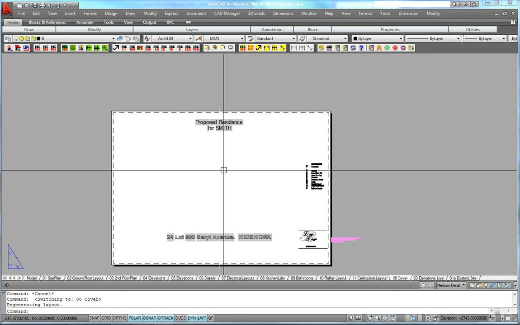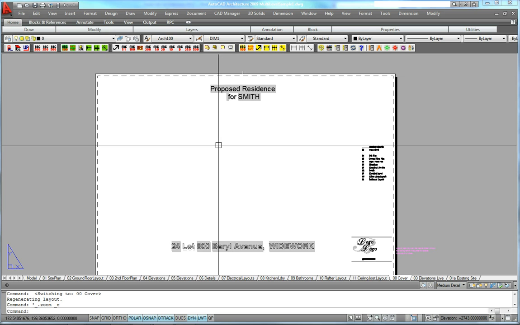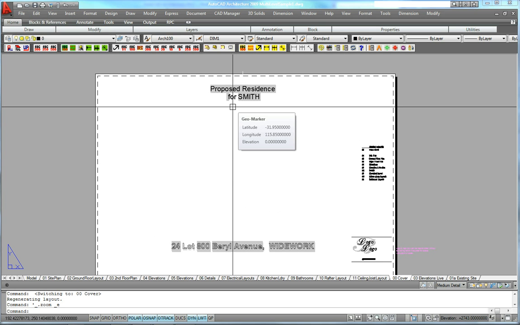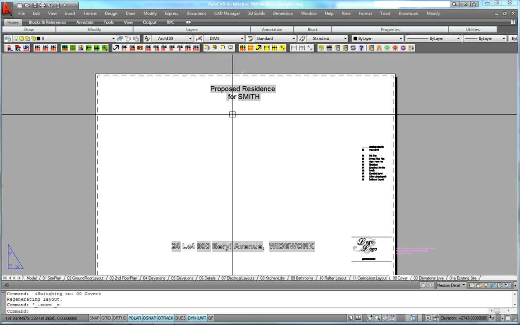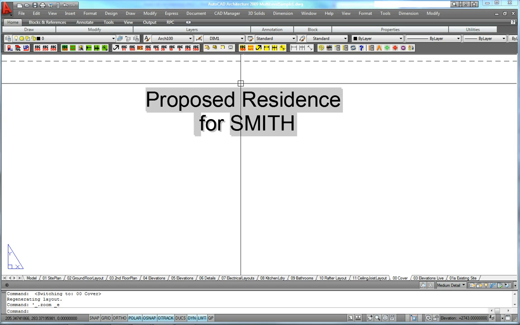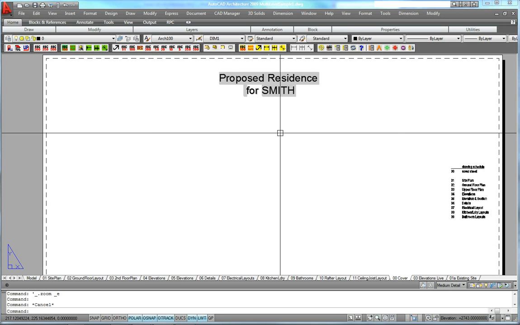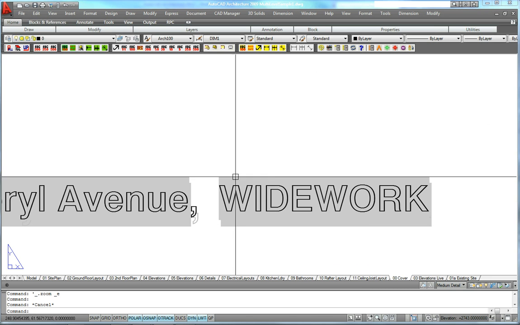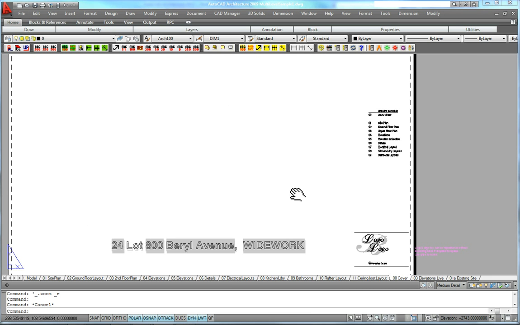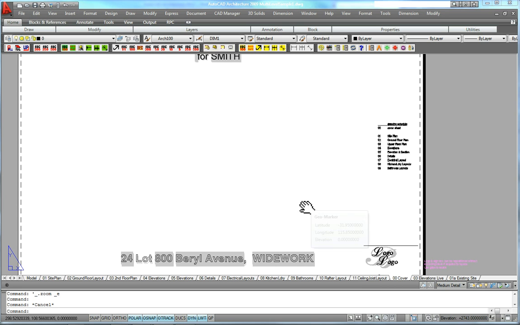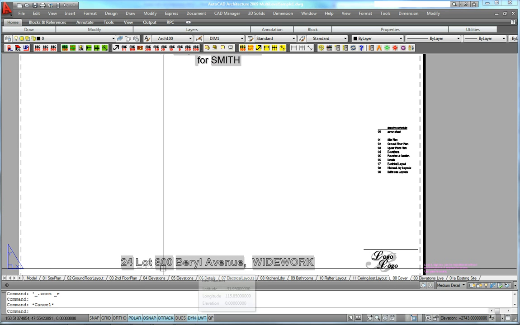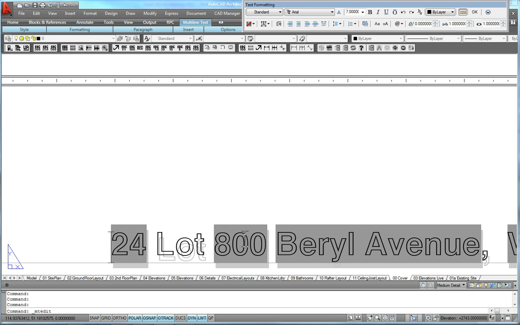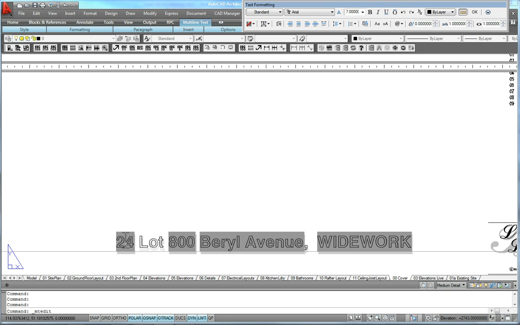Just a quick word about your cover page. Often I'll have a pretty picture on here because I render a lot. I don't on this particular drawing, but again, the great thing about using the fields, you can see here I've used a different font to get some sort of cool thing going on the front cover, and you can use any font. So here you can see it's a series of different fields. There's that house number, then there's the lot number here, that's just simply text, then there's the street number here,